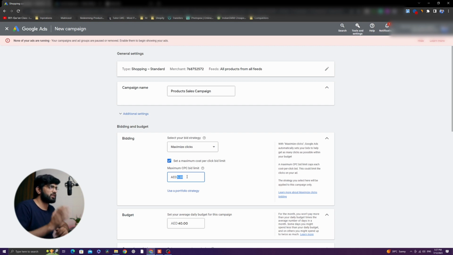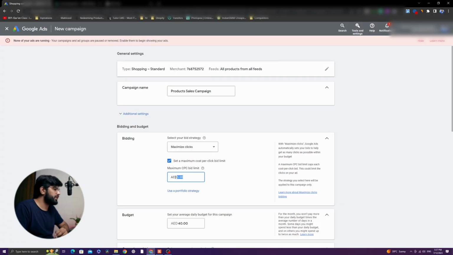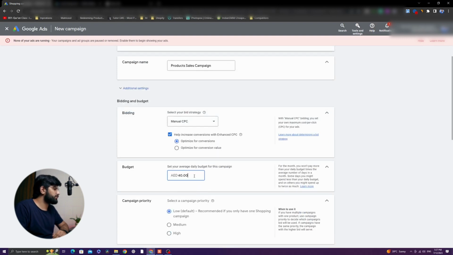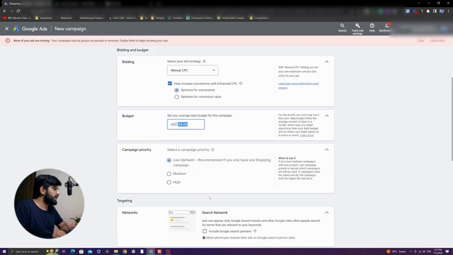For example, if one click is costing more than 5 dirham, then Google will stop showing your products. And if there is any product that requires less than 5 dirham for each click, then Google is going to show your product in front of the customer. So here you can limit it, or if you let Google decide the bidding, then you can just leave this option unchecked. For now, I am going to choose manual CPC, and here is my daily budget,